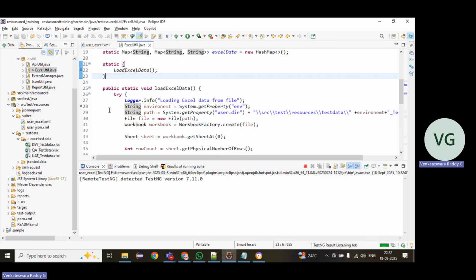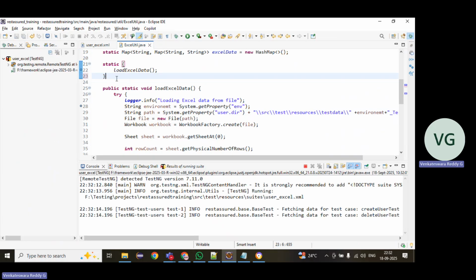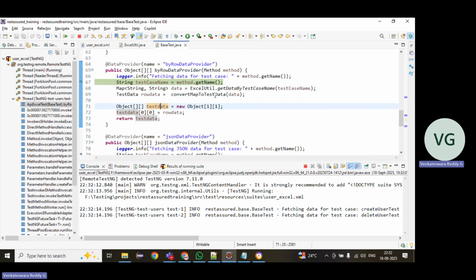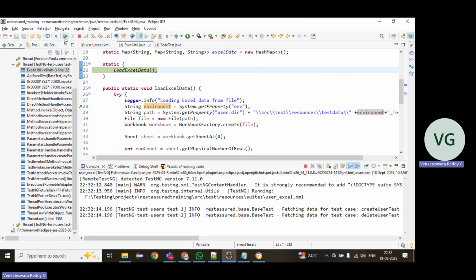Okay, now we will see. First, we are reading environment variable. You can also make it as a default test data. If there is anything you want, you can also make it as a default. If environment is not there, sometimes in some cases environment will not be there. In those cases, you can read the default environment. We can provide default environment also, but if it is mandatory means,